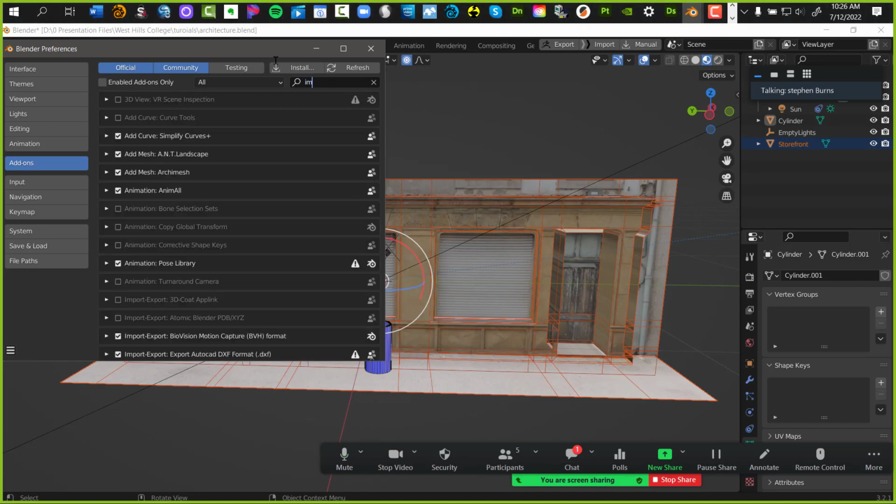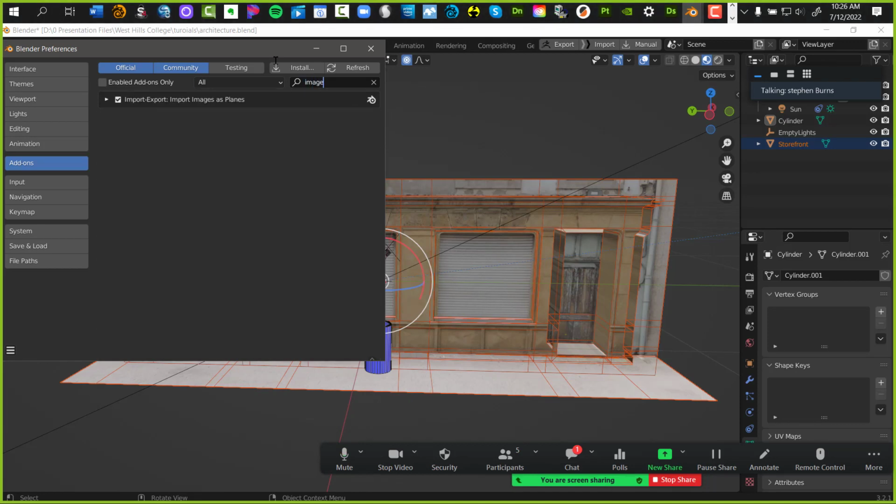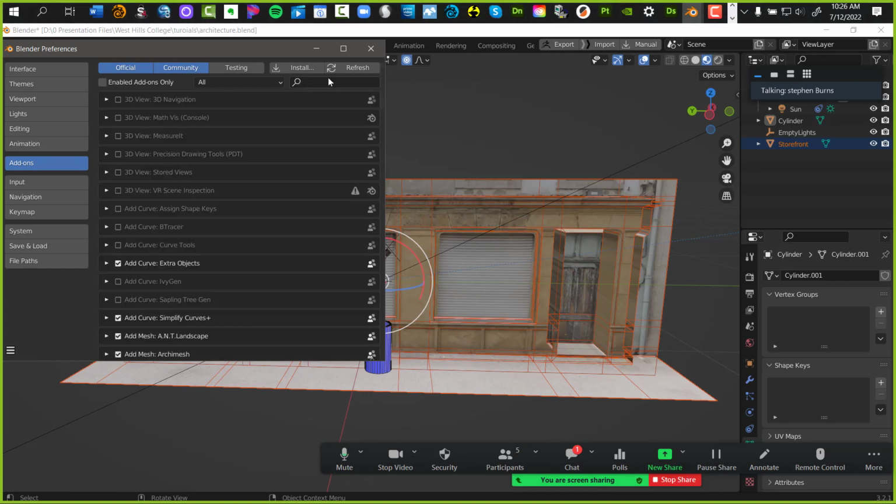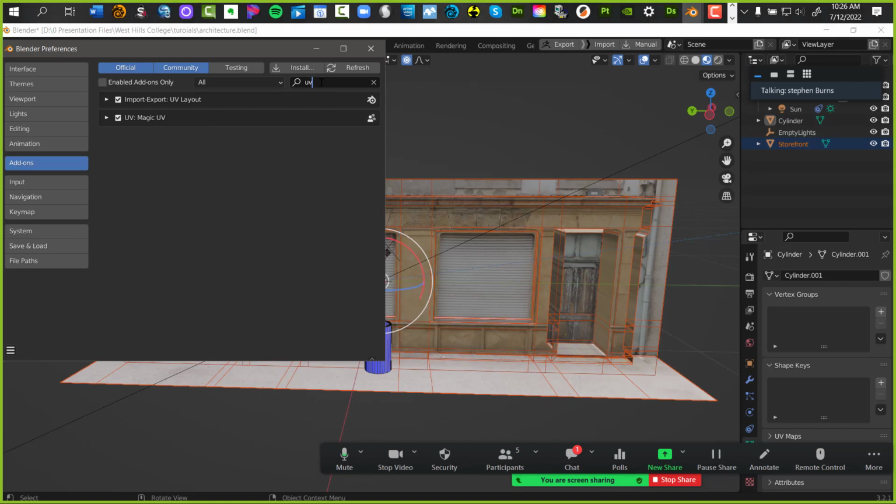So put in I-M-A-G-E, images as planes. Steven? Yes, sir. What about UV Magic? All right, very good, thank you. UV Magic, because we will be talking about that today. UV and then UV Magic.